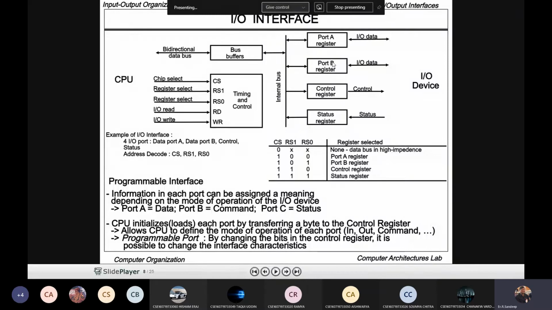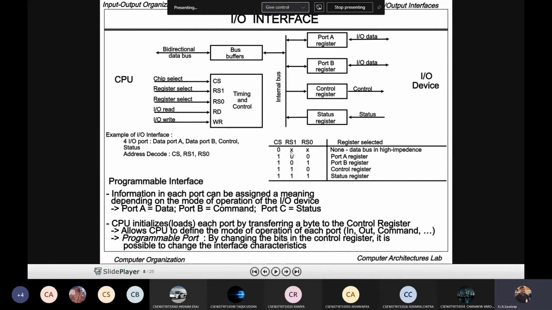These are the 4 possible registers, and we can select them with the help of chip select, register select 0, and register select 1. We select these to perform a read operation or a write operation, that is, an IO read or IO write operation. How do we select?